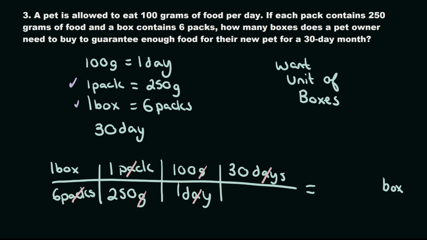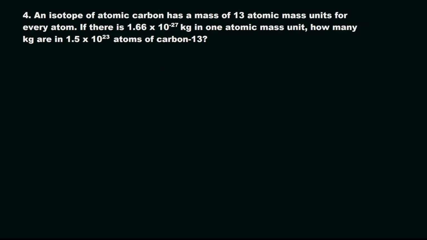And so if you multiply this through on the top and on the bottom, you'll get 3,000 on your numerator divided by 1500 in your denominator, which is just equal to 2 boxes. So this pet owner needs to buy 2 boxes of food for a 30-day month in order to feed their pet. All right, for our last problem here,